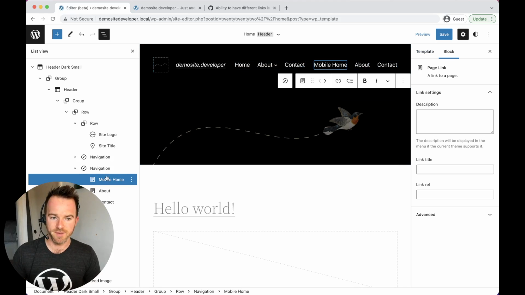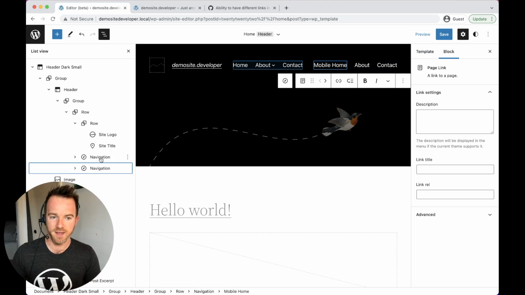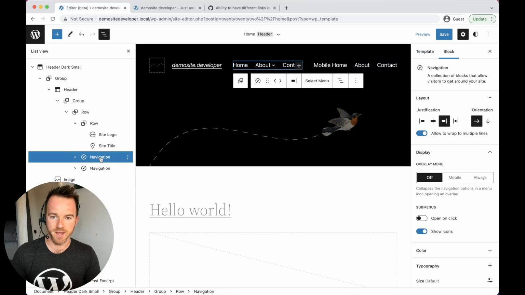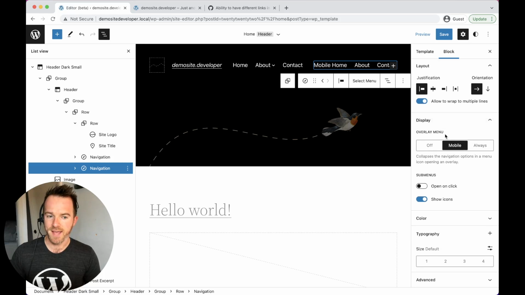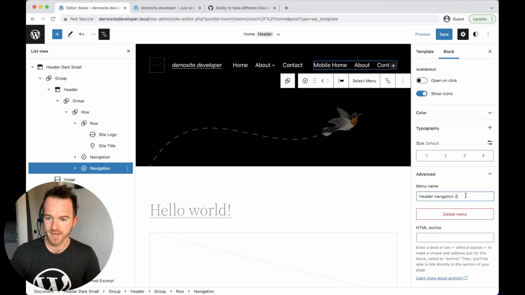Right, so I've got two navigation blocks now, and you can see over here, I've got one, this is the primary navigation for desktop, and this is for mobile. So I need to note this one is a mobile, so mobile menu. So I'm going to scroll down again, having selected the navigation block, I'm going to go to advanced, I'm going to rename it to mobile navigation,